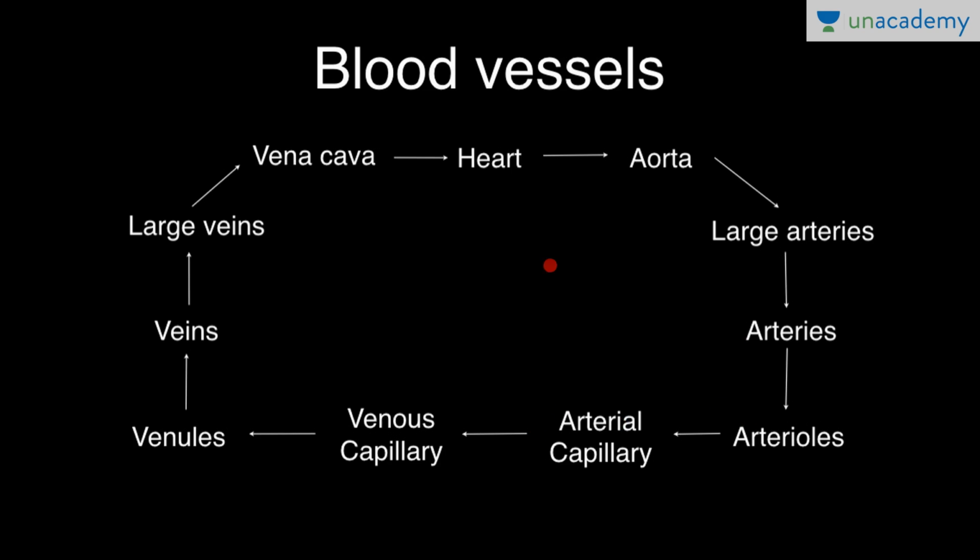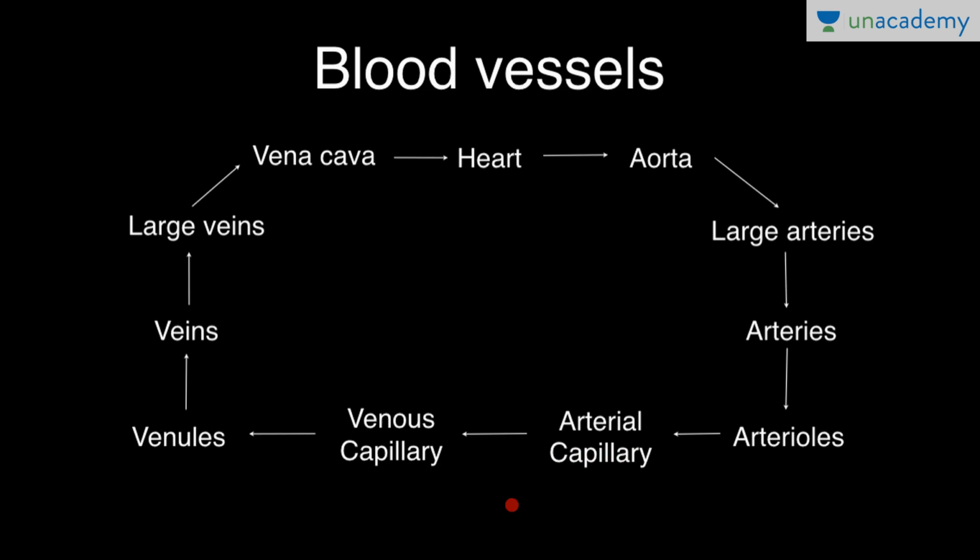Till now, we have oxygenated blood, and this is a very large artery, and this is the finest blood vessel. Now, these arterial capillaries contain oxygenated blood, and here we have tissues present, and the oxygen diffuses from these